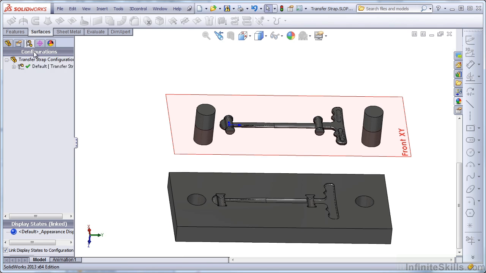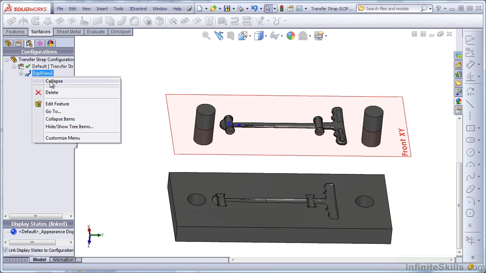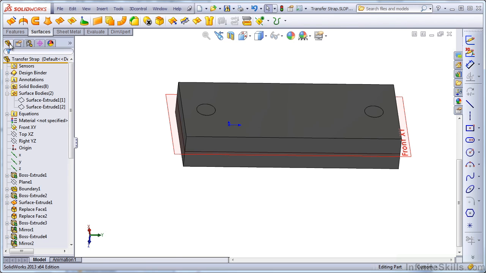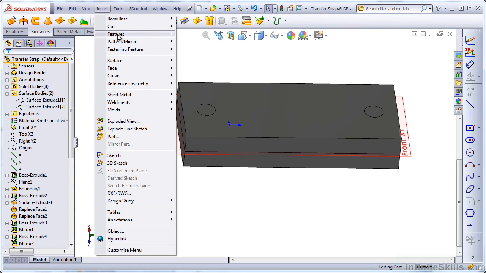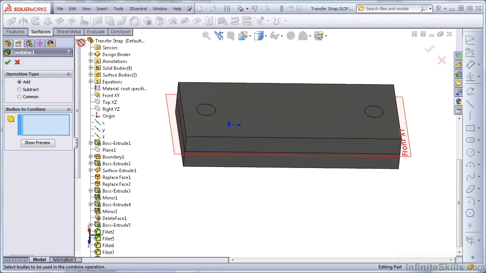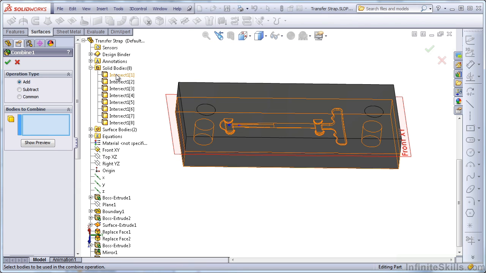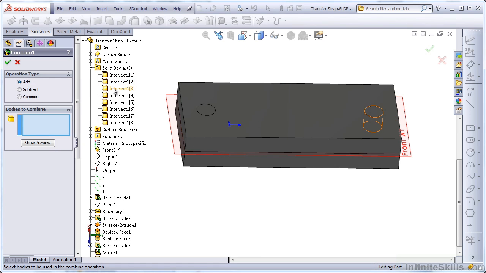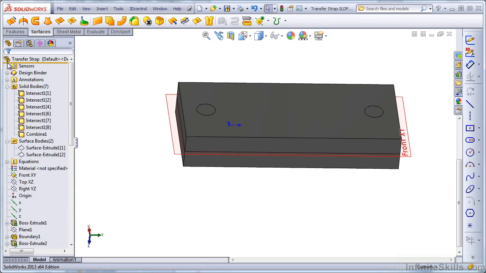So I'm going to collapse the explode. Now our sketches come back. And let's join together the bodies that need to be joined together. Under Insert, Features, Combine. Let's grab the Solid Bodies folder. We don't need that. Don't need that. We do need that. And we want to join it together with that. Press Enter,